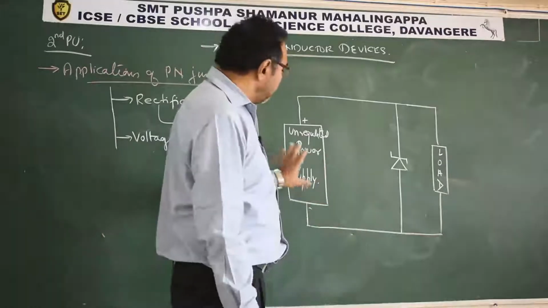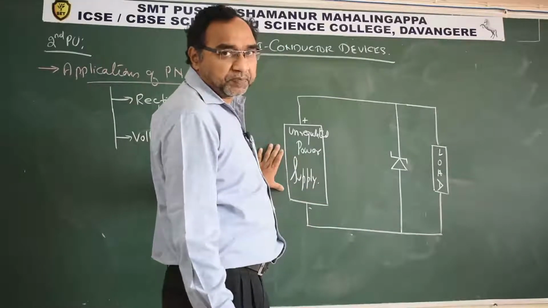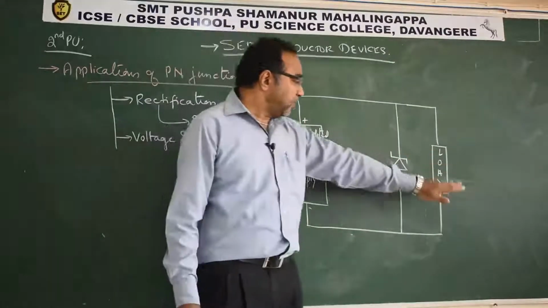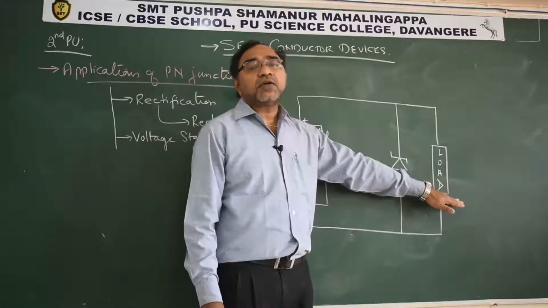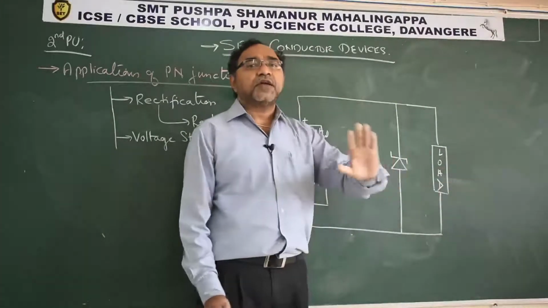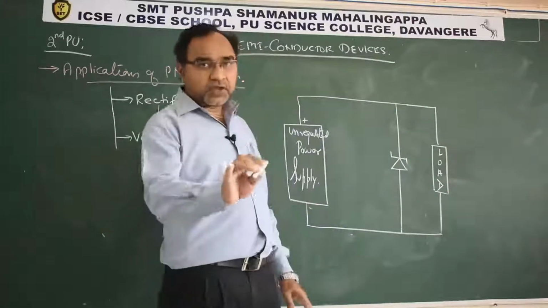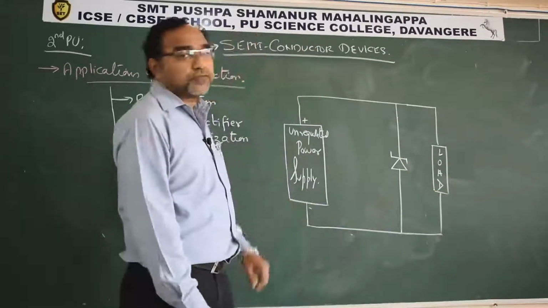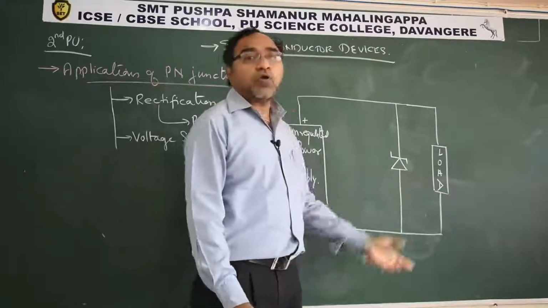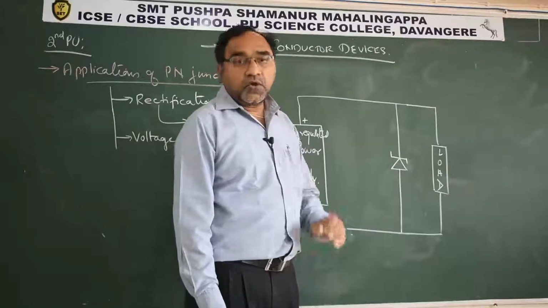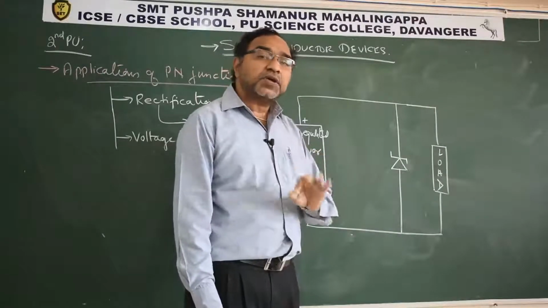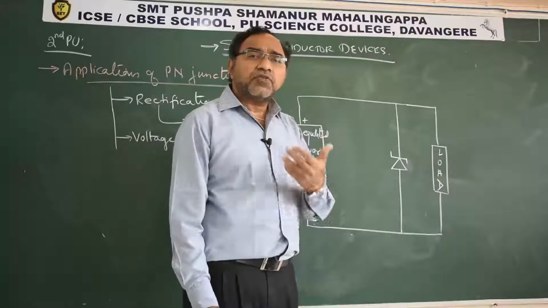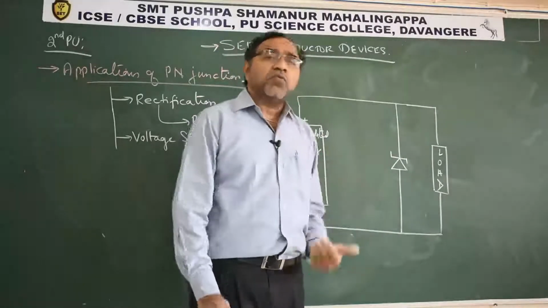Since you are feeding high voltage, how will the voltage drop occur? For example, your device, whichever you have connected, works happily on, let us say, 200 volt. Just for the sake of calculation I am taking 200 volt. Now suppose 300 volt comes. This load will blow off, because it cannot withstand the additional 100 volt. So where should that additional 100 volt go?